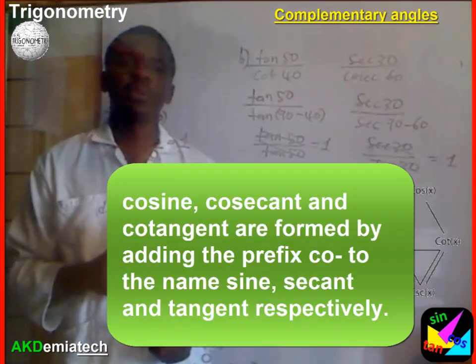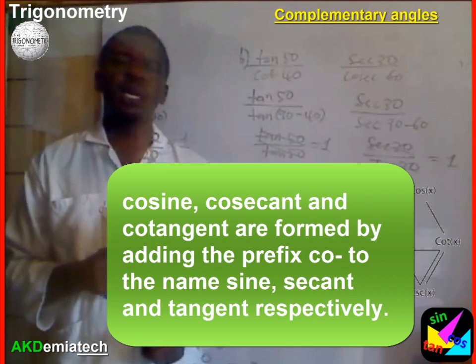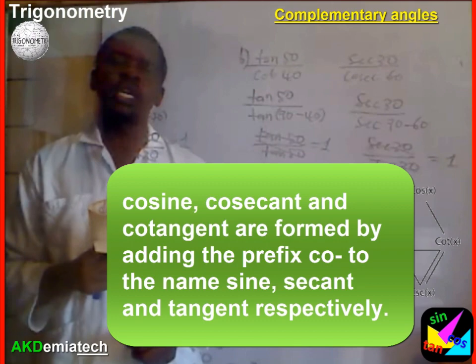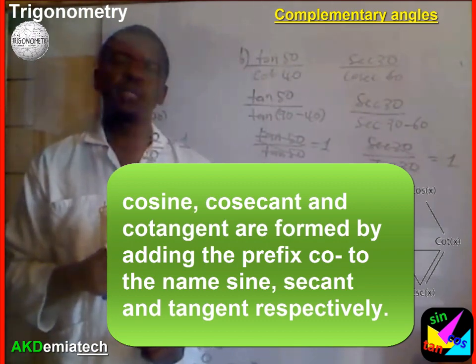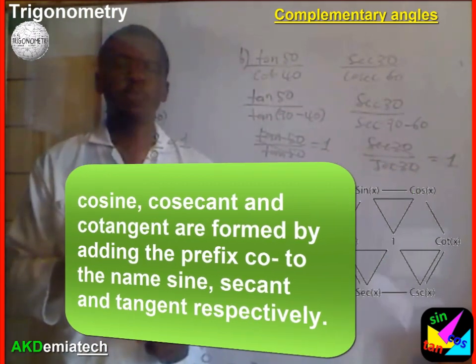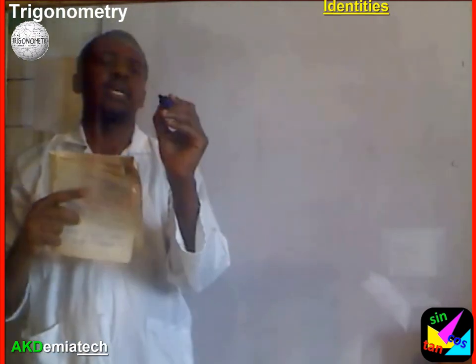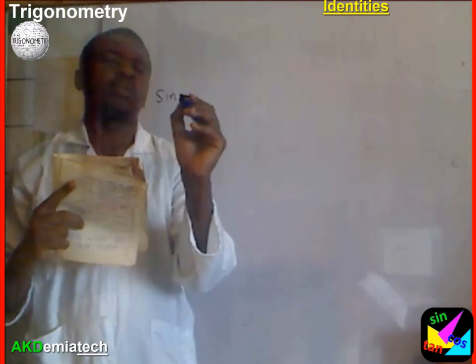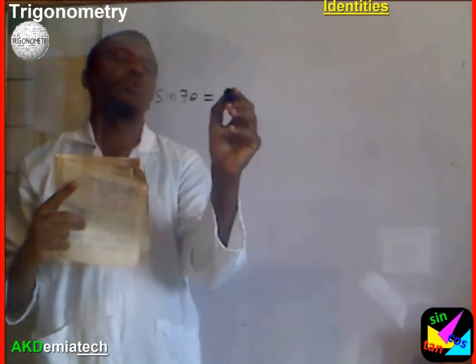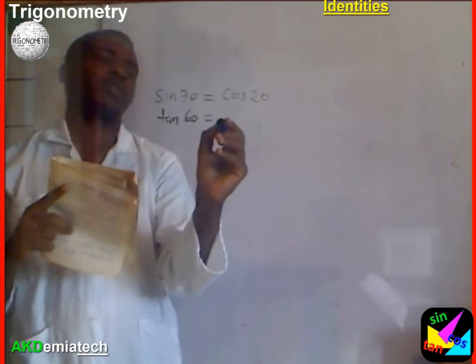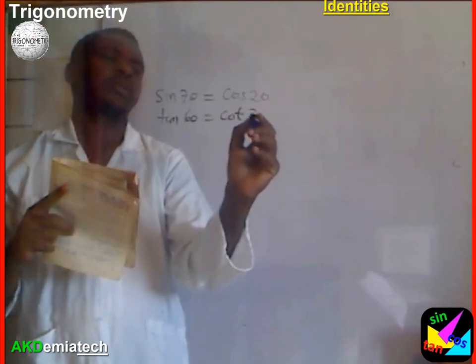Note, cosine, cosecant, and cotangent are formed by adding the prefix co to the names sine, secant, and tangent, respectively. The ratio of any angle is equal to the co-ratio of the complementary angle. So this means that sine 70 is equal to cos 20, tan 60 is equal to cot 30,